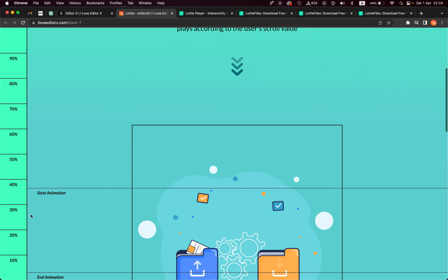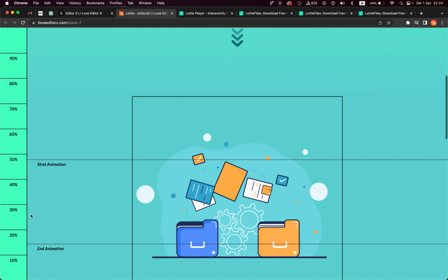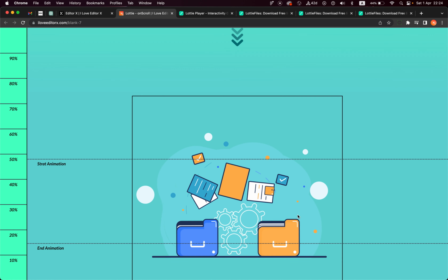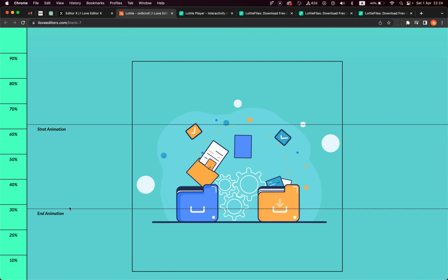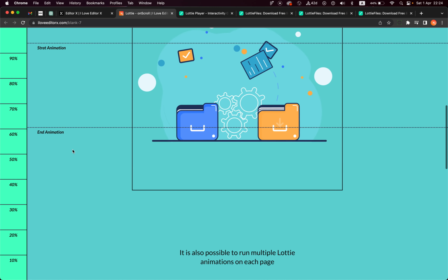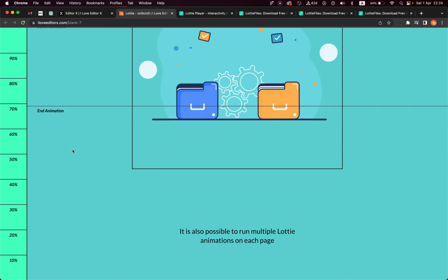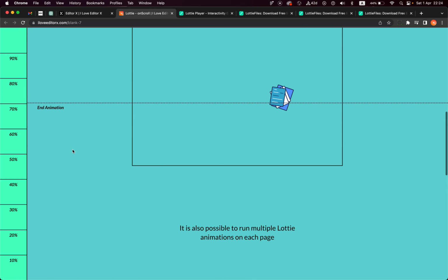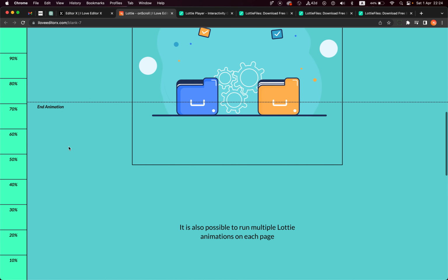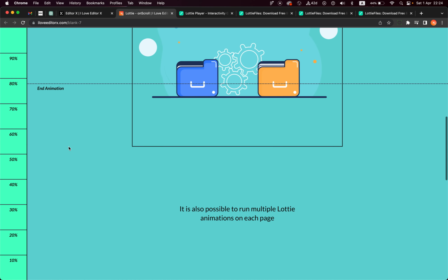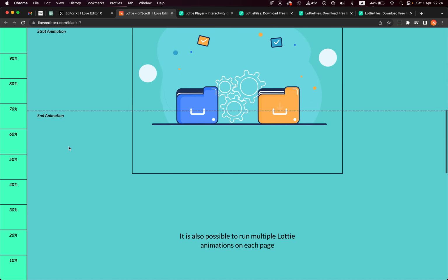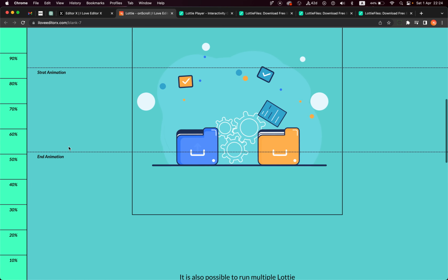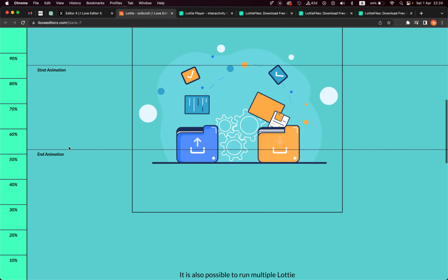And the final frame of the video is reached when the end of the animation reaches 70% of the viewport height. As you can see, this is the last frame. There is something wrong with this file, but as you can see here, the animation stopped playing. If I go down, it will reverse. So this is the idea